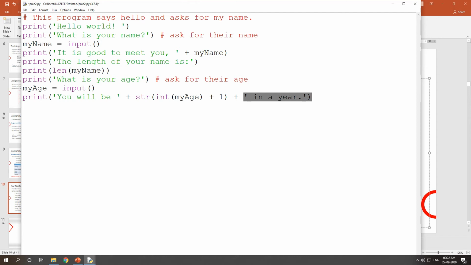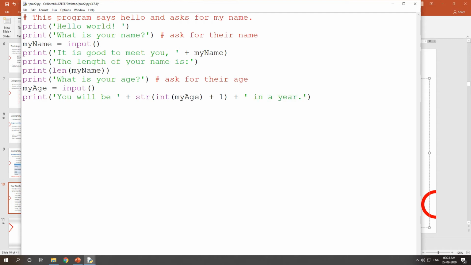See, let me explain again. You are entering your age. Age will be in the form of string, because input takes all the inputs from the user in the form of string, right? For a string you cannot add 1. You cannot concatenate 1. For a string you need to concatenate a string itself, that we have already studied in the previous video. Here my age was in string, that's why you need to convert that age into int. Then you need to add 1 to it. Then again you need to convert it into string to concatenate to your message.